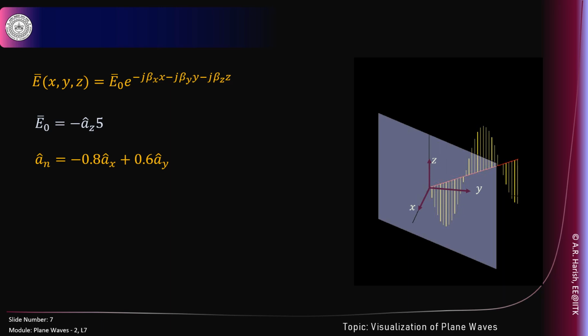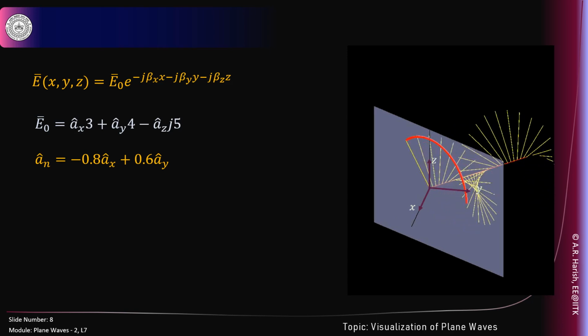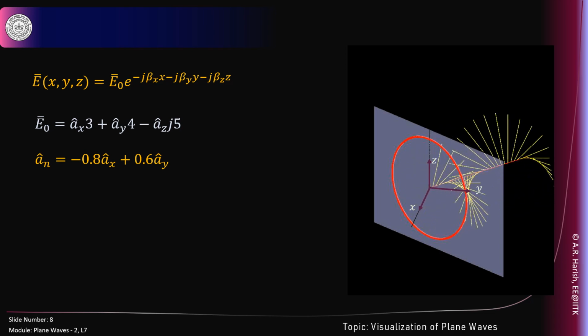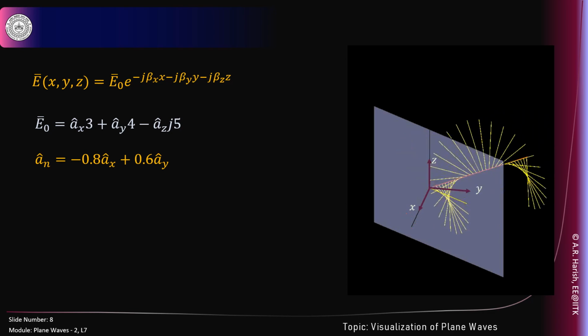What do you think the circular polarization will be? Yes, the tip of the electric field will trace a circle. Let's see how it looks. Yeah, let's go to this picture and let's make a movie out of this. Now, if you see the tip of the electric field, it traces a circle. What is happening to the magnetic field? That will also be spinning, but it will be orthogonal to the electric field. That's all. And it will be orthogonal such that E cross H gives the direction of propagation.